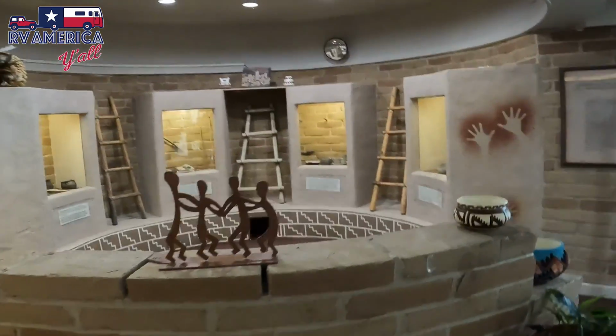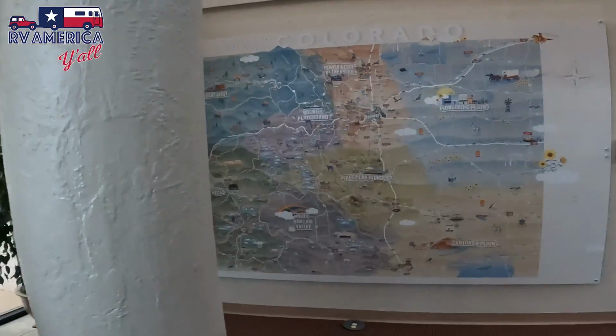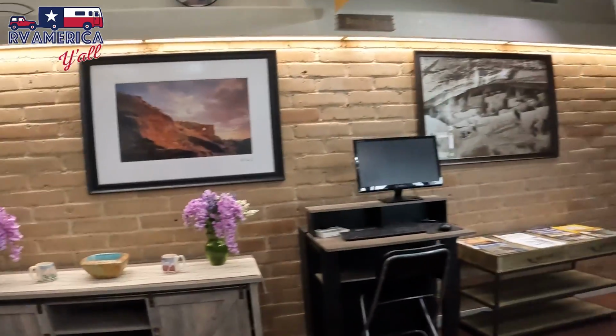So right across the street from Sundance RV Park where we're staying is a super nice city park and also a Colorado Welcome Center. So we came over here. Oh my goodness, y'all. First of all, they've got some super cool displays in there, but also just so much information, not only about this region, but also all of Colorado. Thank you to Melanie, the host inside. She was so helpful. Has lived in a lot of different parts of Colorado and was able to give us a lot of information on places to see and go and places to eat,